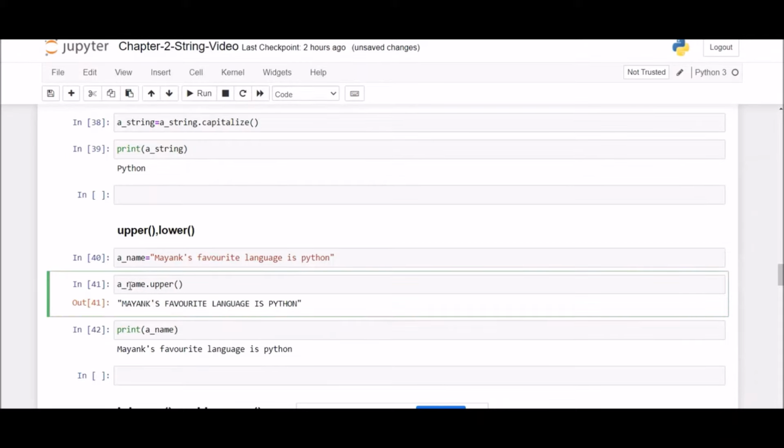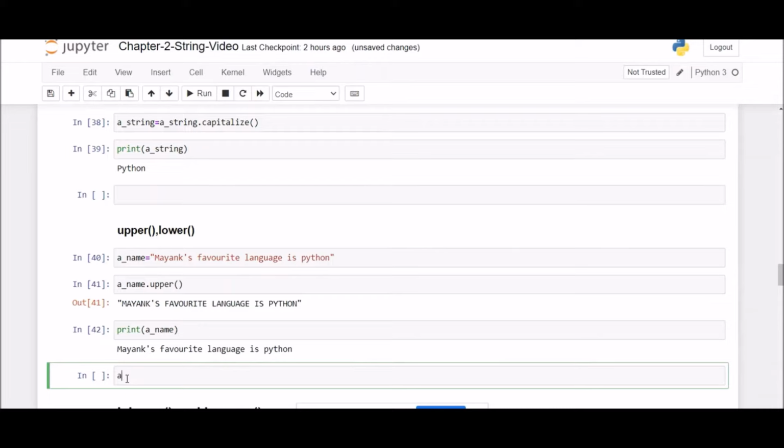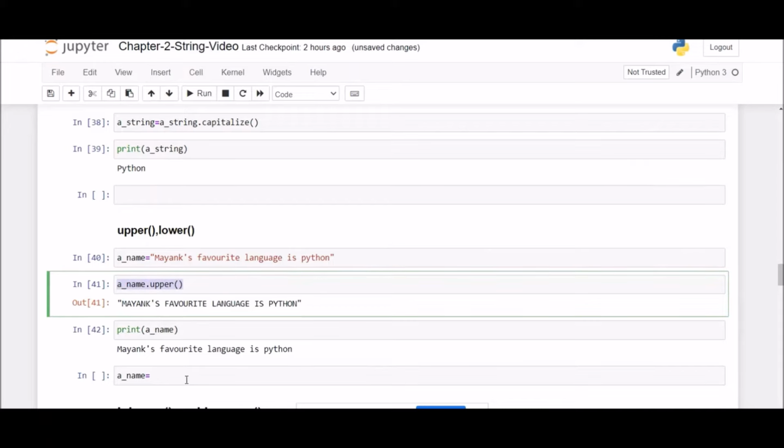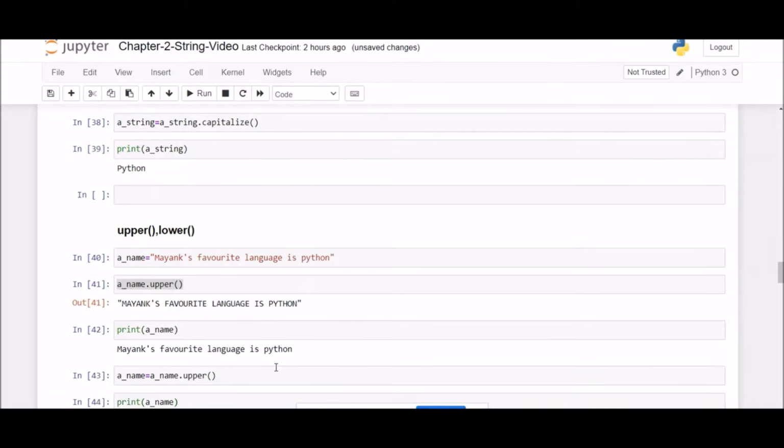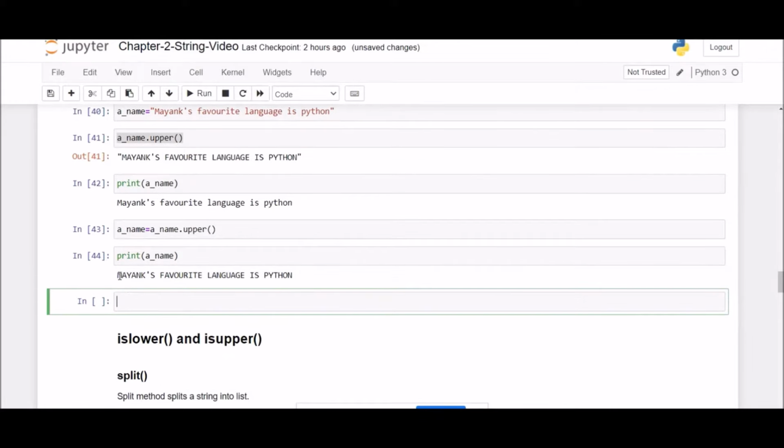If you want to assign, then as told previously, you can assign whatever this method returns into your variable a name. Now if I execute this and print a name, every character is in uppercase.